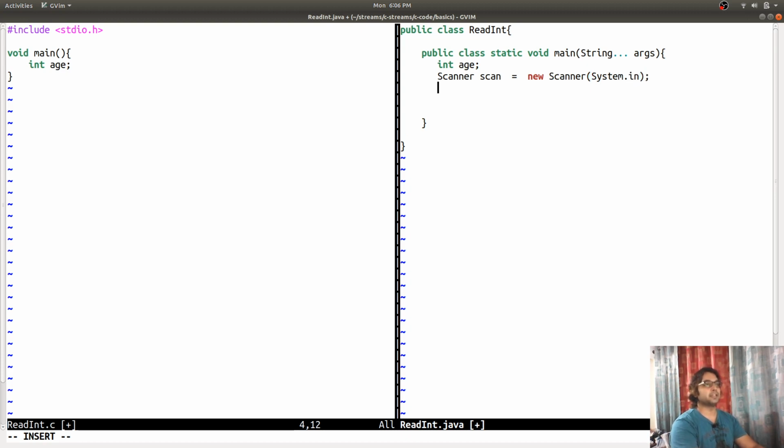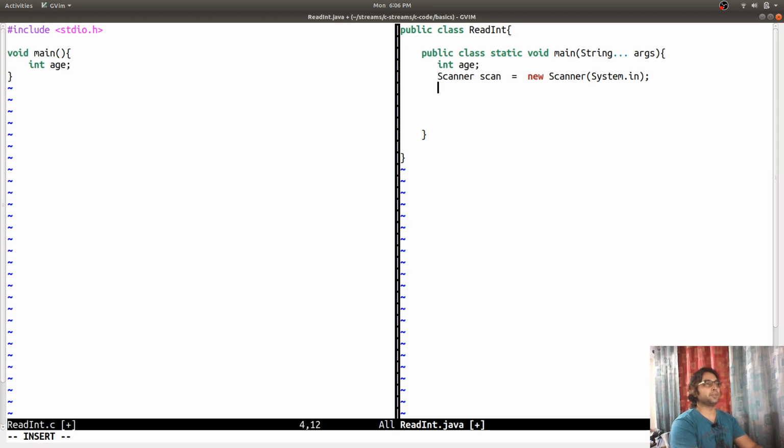System.in is a standard input object. I am telling this scanner to use the standard input port to read from console. The object is created, and I'm going to read.